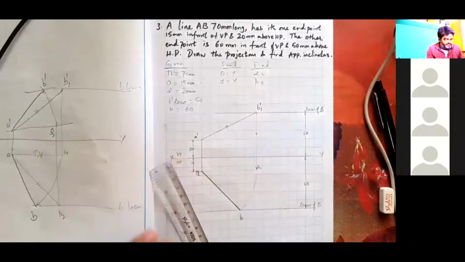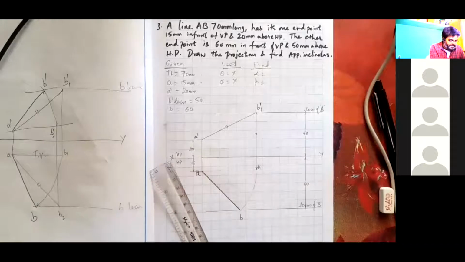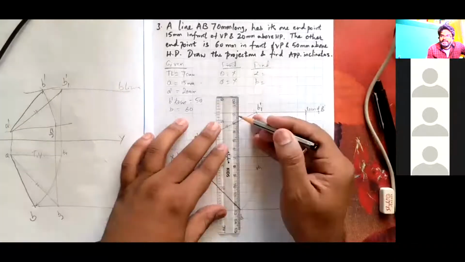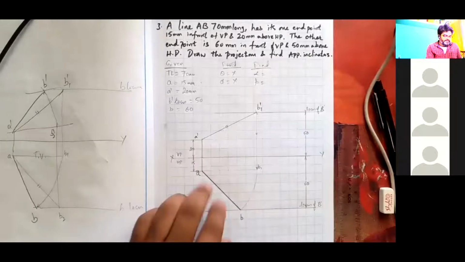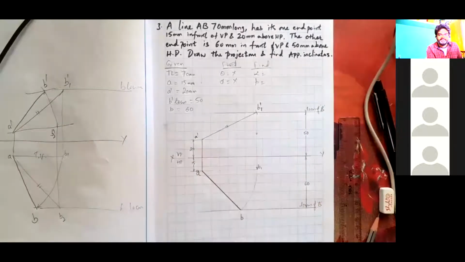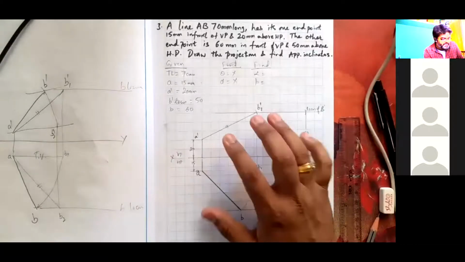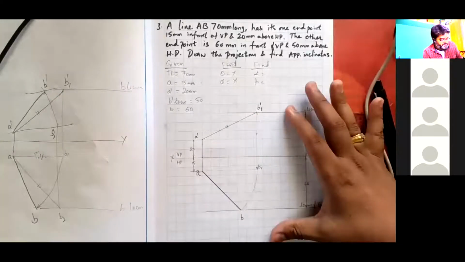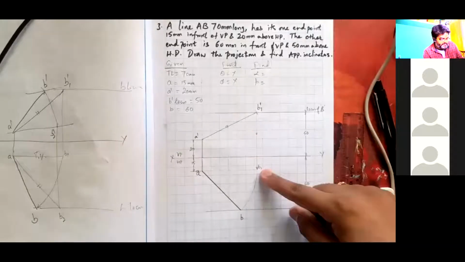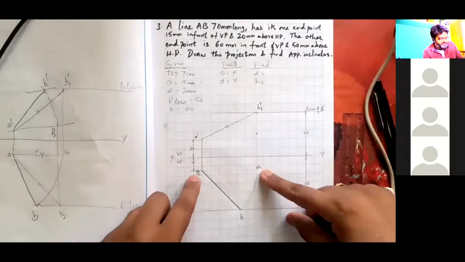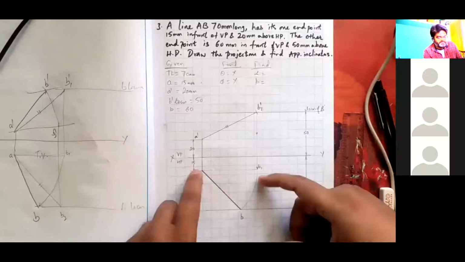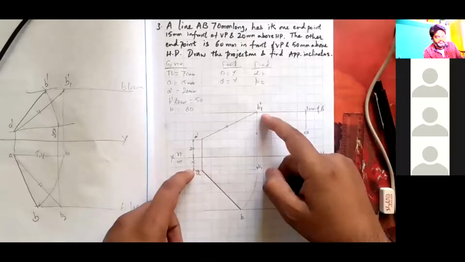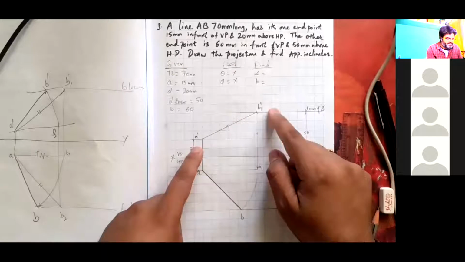Your problem will be right after solving only when B and B dash lie on the same line. The distance between end projectors, still we are not finding out, that 70 mm. I have marked it here, the same 70 mm. This is the best thing that you can see. This is the very first step. True length projected till the top view, till the center of rotation where you're fixing the end point. The same length you will get as the top view. If the top view is given like this, you make it reverse. Rotate the top view till here, move it to the locus of B so that you get the true length. That is how problems are changed and given to you.